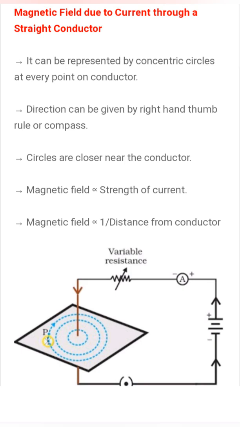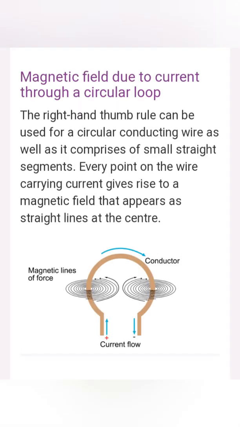So this was the magnetic field pattern due to the straight current carrying conductor, that is, concentric circles around the straight line conductor, with the current passing through the center of these concentric circles. Now coming to the different pattern, that is the magnetic field due to a current carrying circular loop. You can see the circular loop over here. The current is flowing upward from the positive terminal. You can see the arrow up and coming towards the other side, towards the negative terminal.